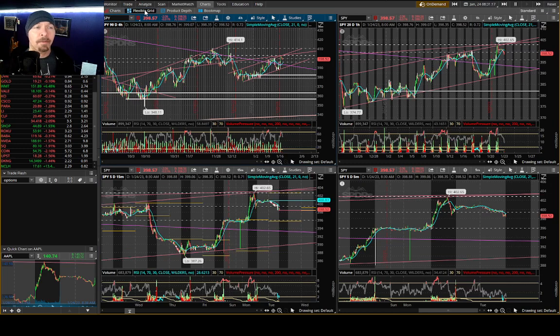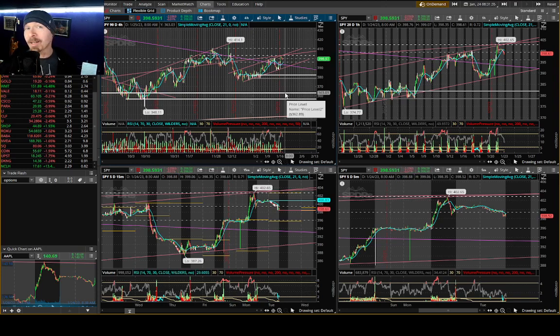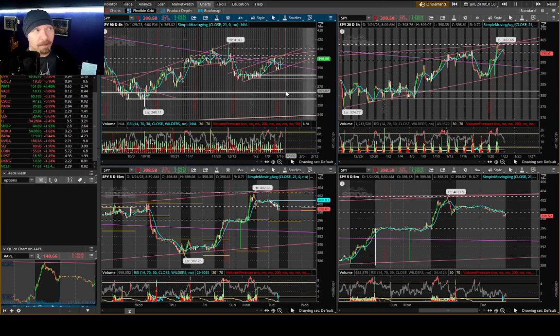For those of you who have seen some of the other videos on multiple time frame analysis, I know this is a little chaotic looking, but I have rearranged my chart a little bit to put the higher time frames in the upper left and the lower time frames in the lower right. I had it the other way around before, but I actually prefer this because the human eyeball, at least in America, tends to scan from upper left to lower right. I am going higher time frame to lower time frame. So we've got the 4 hour, the 1 hour, the 15 minute, and the 5 minute. As we take a look over what's going on here,